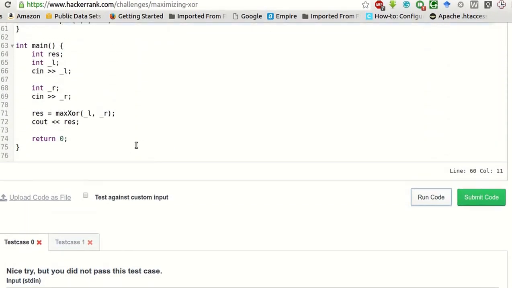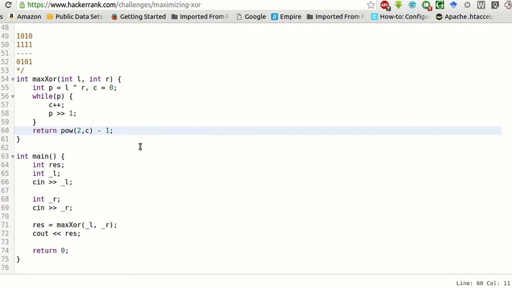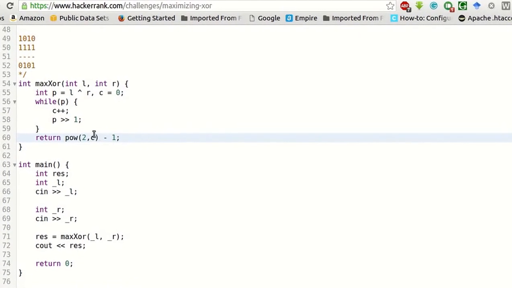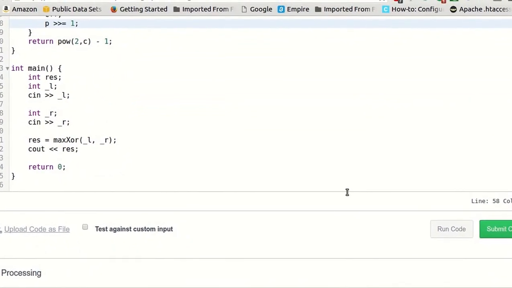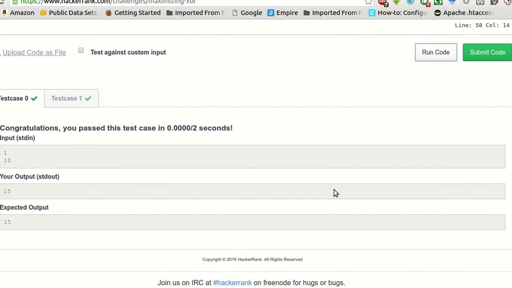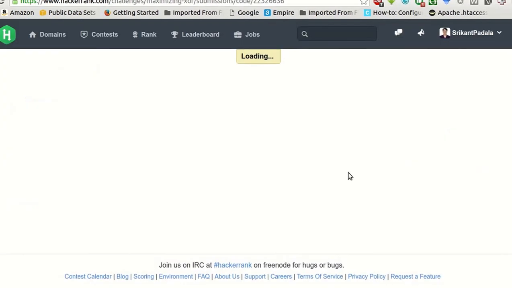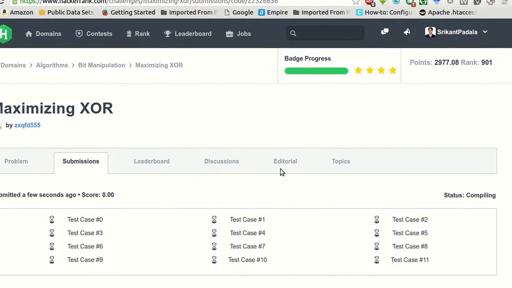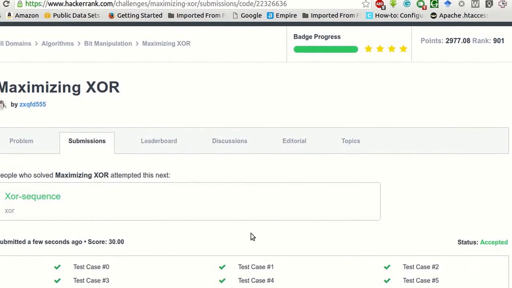Here it will be right shift equal to, sorry for the typo. So yeah, this test case has passed. Let's submit the code. So yeah, all the test cases have passed.